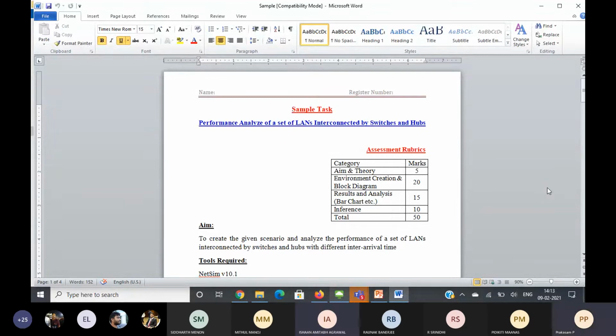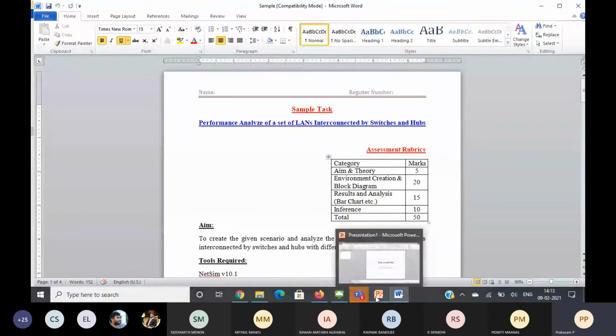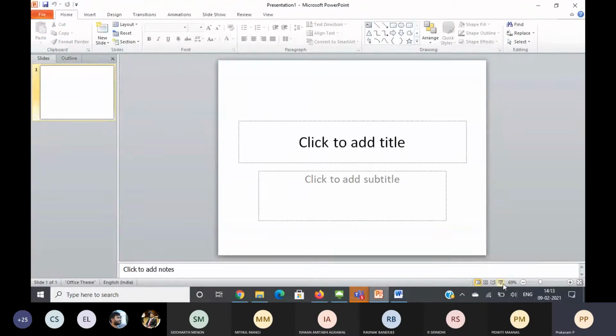Yes, sir. The sample task is a very simple task for the first class: performance analysis of a set of LANs interconnected by switches and hubs. I think you have heard about switches and hubs. A switch and a hub are used to create a LAN. Suppose we want to interconnect more systems.